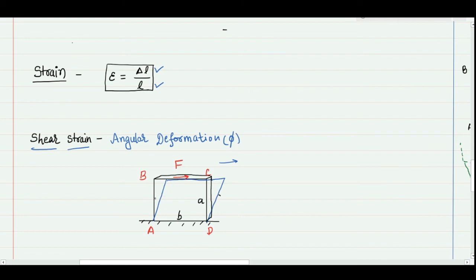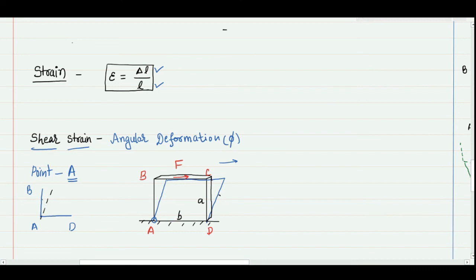So this is the deformed shape. And in the deformed shape, if I am interested to find the strain at point A, please remember, whenever you define the shear strain, you define it corresponding to a point. In my case, let's assume that I am interested to find the strain at point A. Whenever I have a point, I have to identify two lines which are perpendicular to each other before the deformation. So in my case, line AB and line AD are perpendicular to each other before the deformation. And when there is a deformation, the angle will change and the deformed angle can be defined.